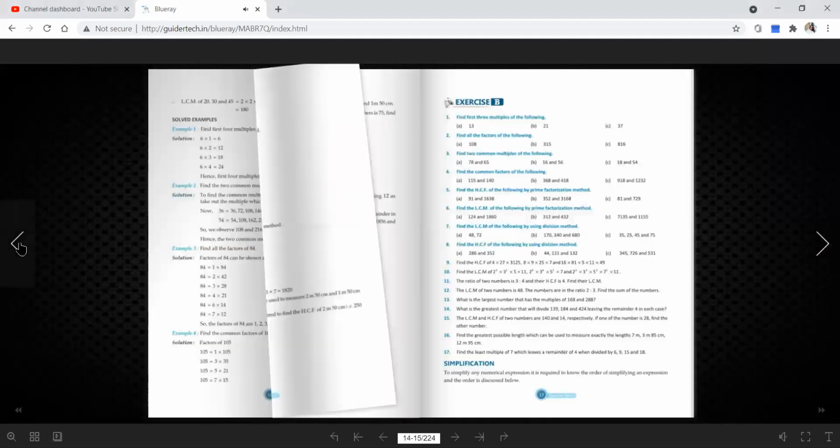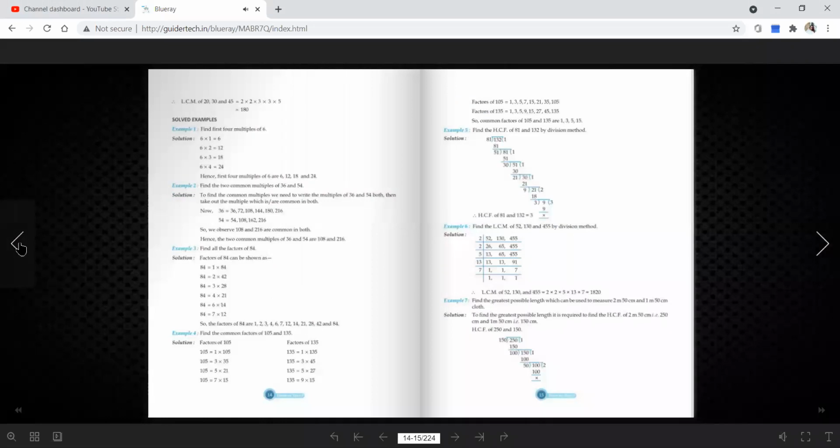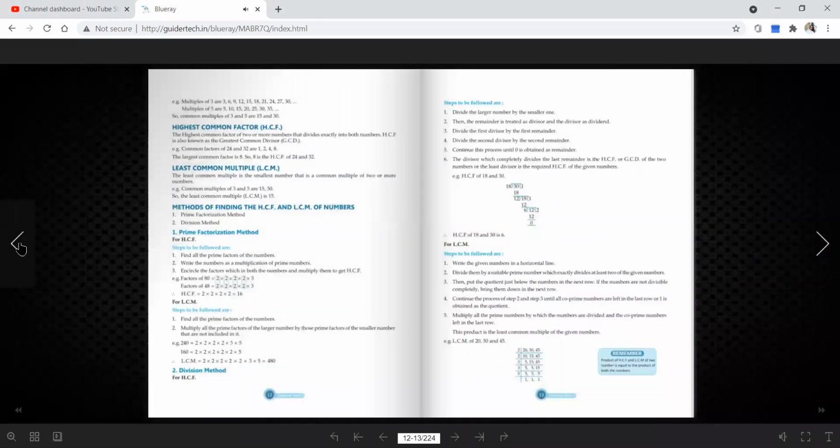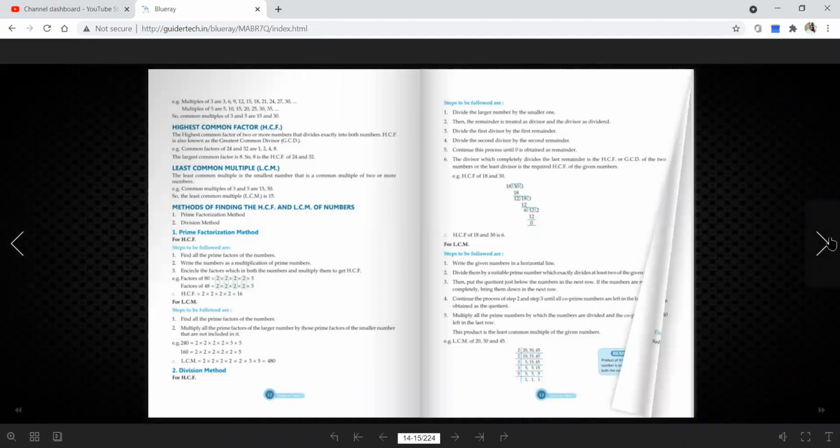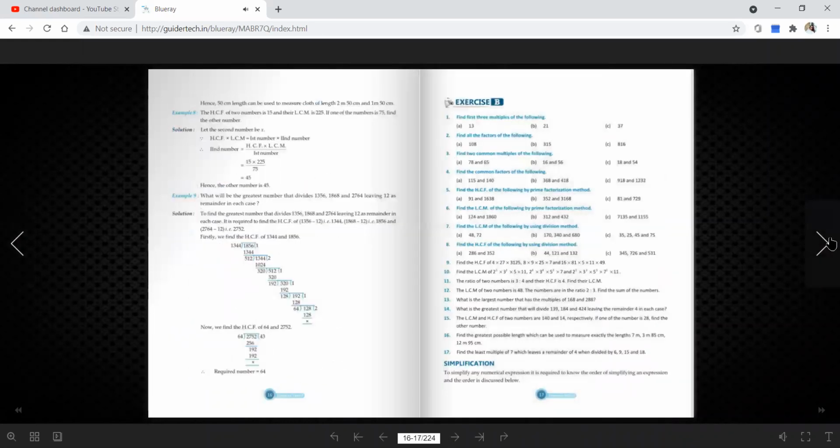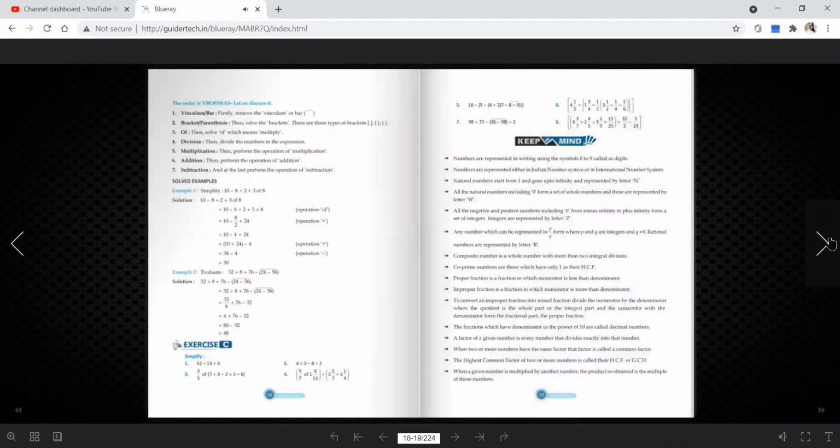So co-prime can be this. Here is how the MCQ will come. Suppose they provide 4 number pairs, and you have to choose which is co-prime or which is not co-prime. Yes, it will be in the exam. The questions will be like: from the following number pairs, find out the co-prime number pair. Or from the following number pairs, find out which is not a co-prime number pair.